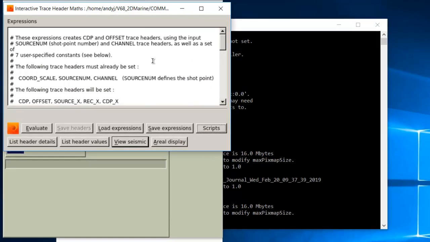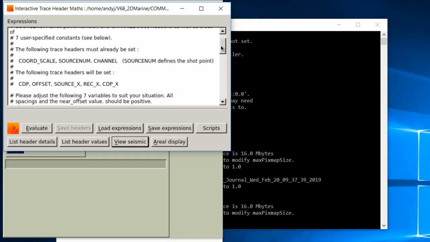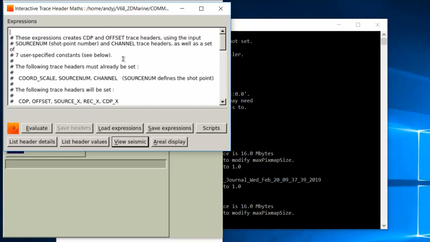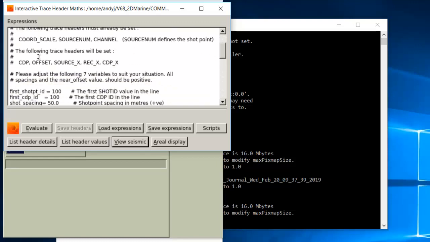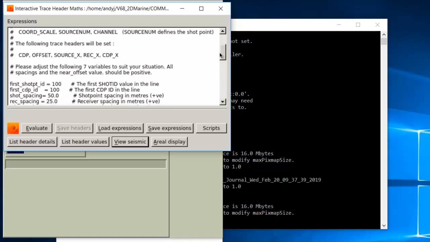So if we open that expression, you can see that basically we get some new information put in here, replacing what we'd already done. Basically what this does is take some key information in some existing headers, so coordinate scale, source num, channel, and then updates and creates CDP offset, source X, rec X, and CDP X. Now the rec X, source X, CDP X headers, when they're created, are grid coordinates, not real world,